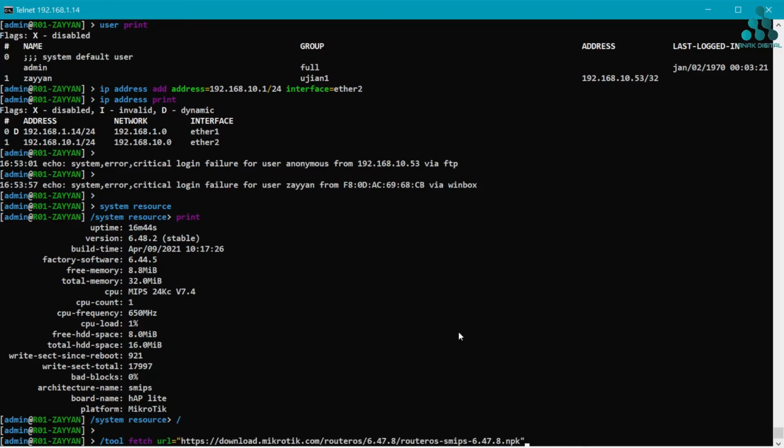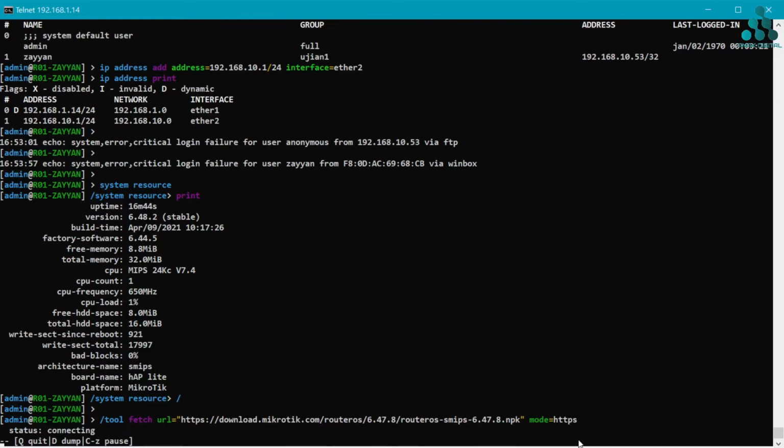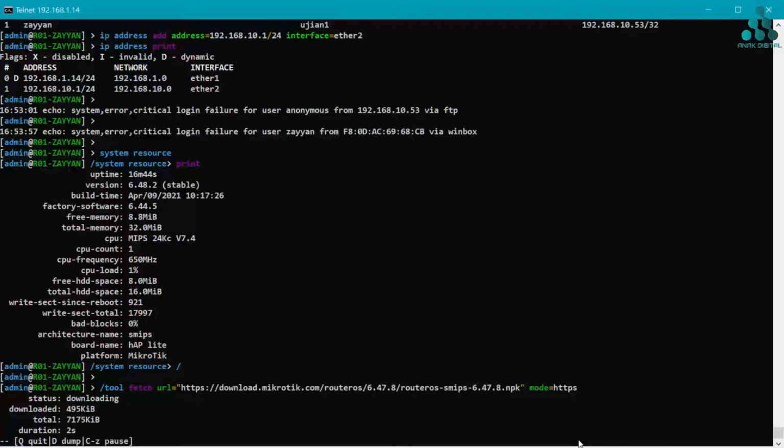Okay, and mode HTTPS like this, and then click enter, and then wait until the status downloading is finished.